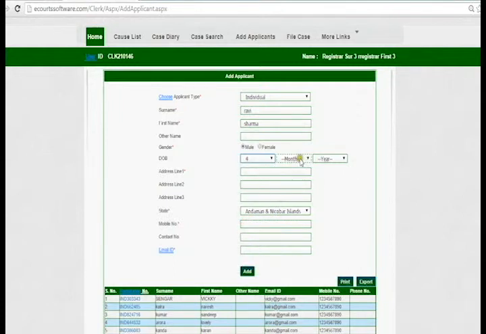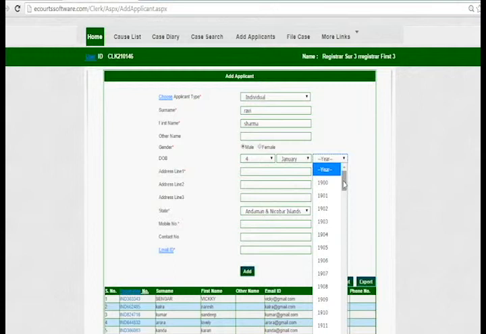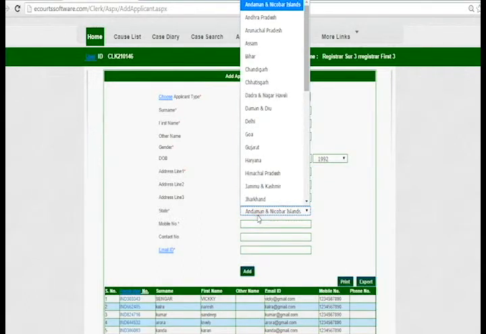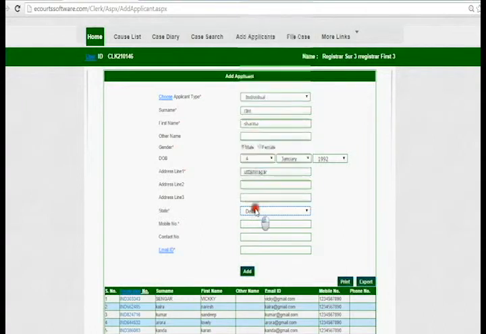It's 4th January. Like, let's take 1992. Address is Tamnagar, and the state is Delhi. And after that, mobile number is 1 2 3 4 5 6 7 8 9 10, and email ID is